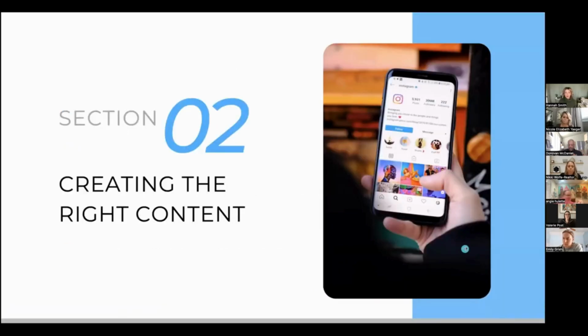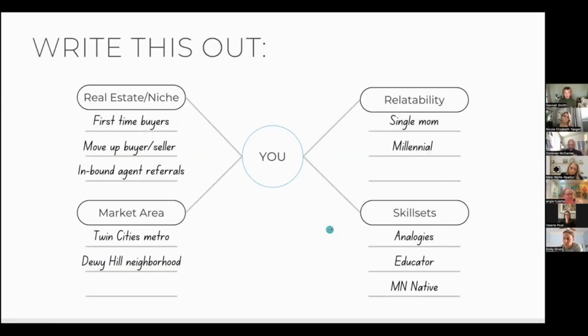Okay, so creating the right content. I go through this exercise with my clients, with my team during business planning. And you guys can take screenshots of this or whatever. I think it'll be easiest that way. But this is an example of how I break down those brand pillars I talked about, of making yourself a web diagram, whatever we called it, a spider. I don't even know what it's called. I think it's a web diagram.